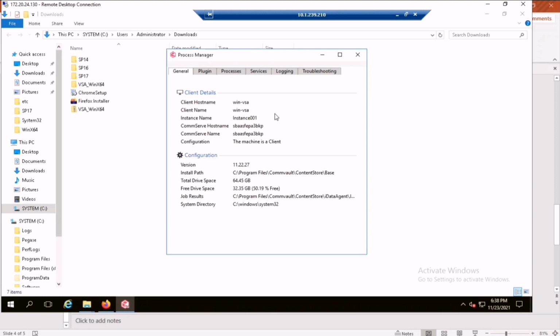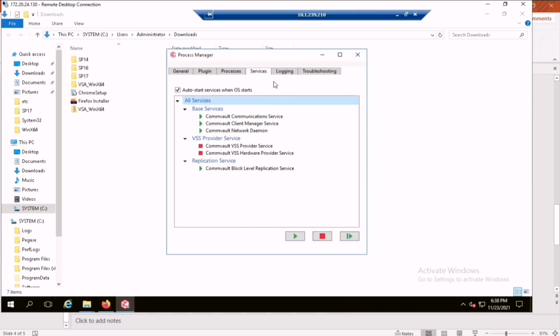You can see the process manager is showing all the details related to the configuration. The host name of this machine is WinVSA. The instance is instance 001. This is the backup server where this client or this VSA agent is being registered.